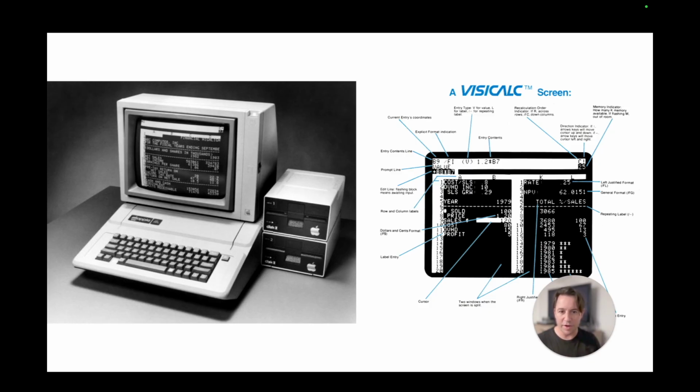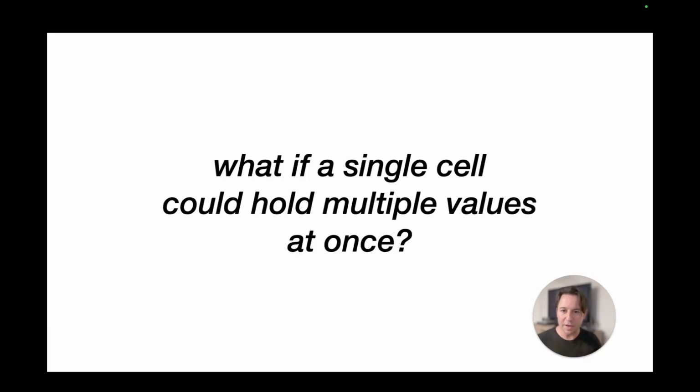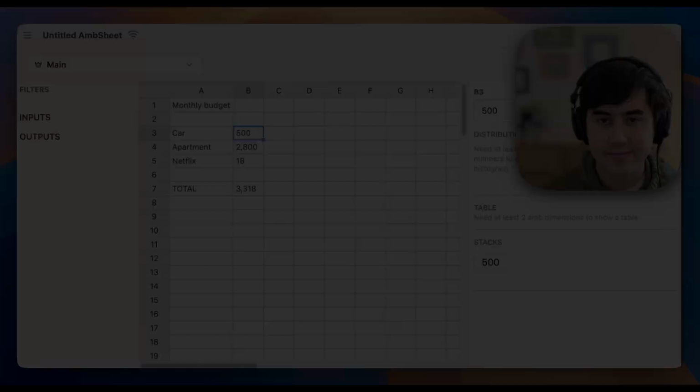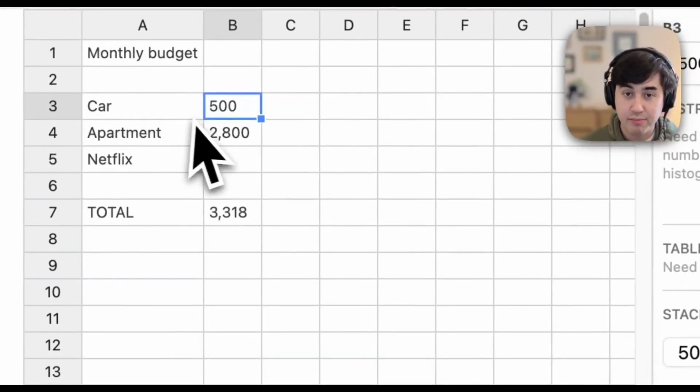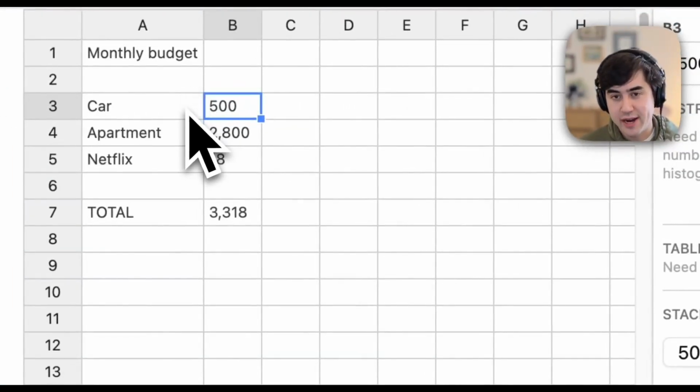In our Ambsheet project, we're experimenting with a small extension that goes a long way. Here's the idea. What if a single spreadsheet cell could hold multiple values at once? I'll let Geoffrey explain. So I have a simple monthly budgeting spreadsheet here where I have a monthly price I'm